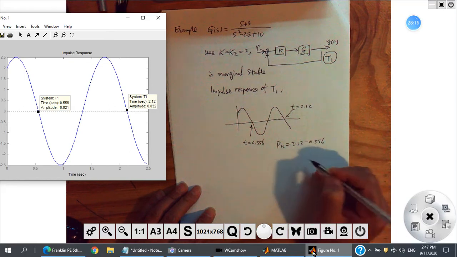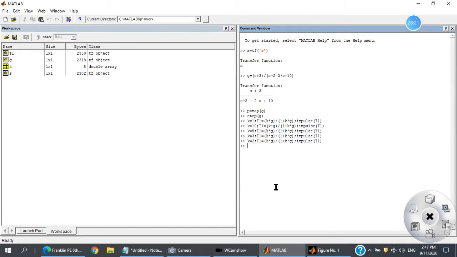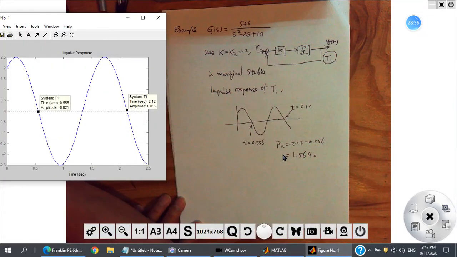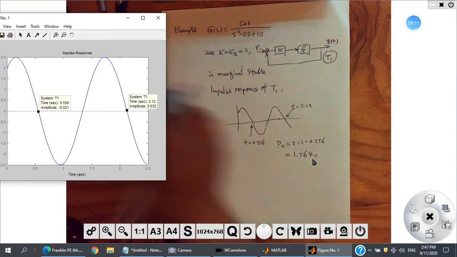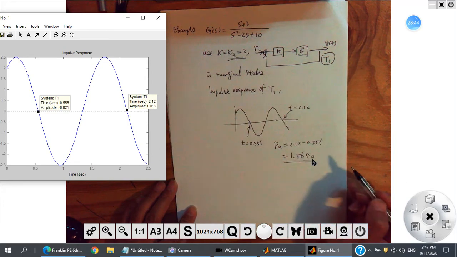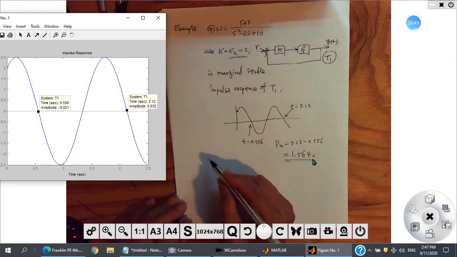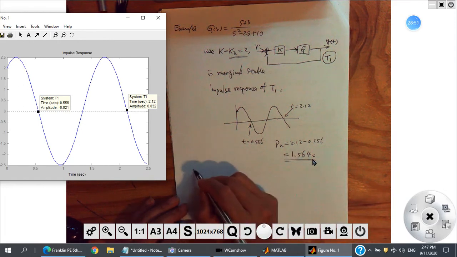What is the value? I just write. 2.12 minus 0.556 is 1.5640. Okay. So we have PU, and KU is 2. So we can choose different parameters for those three controllers. For example, if we consider the PID controller,